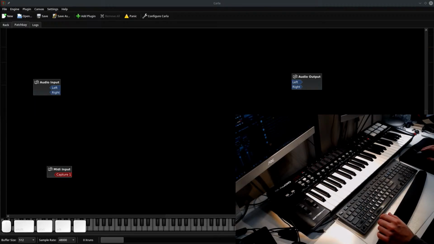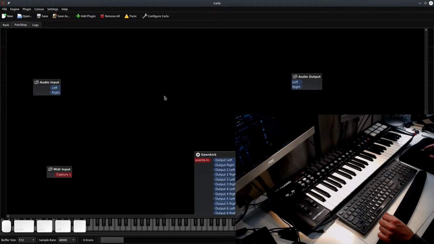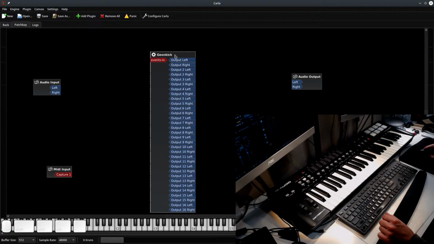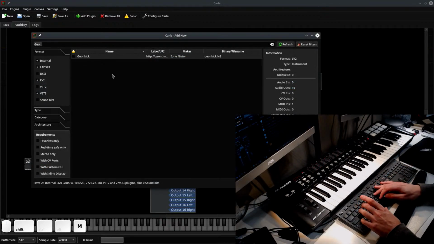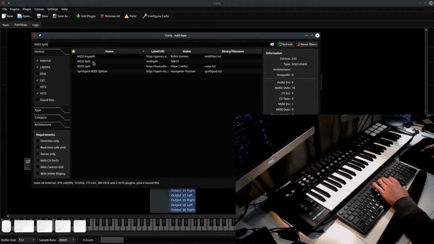All right, let's get back to making music then. So I updated Geonkick. Let's load it up. It's version 2.5, and it has 16 outputs, stereo ones. Let's first maybe add a MIDI splitter. Synthpod MIDI split, yeah, could be this. Which one should I go with? Carla? Hey, let's go with